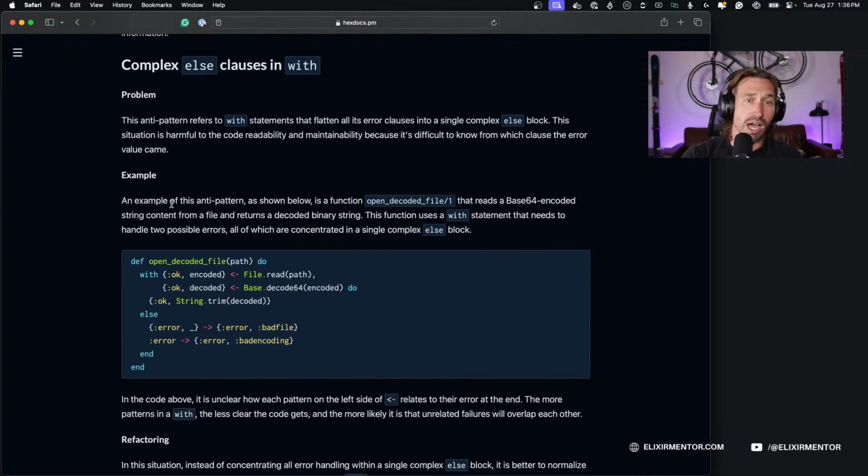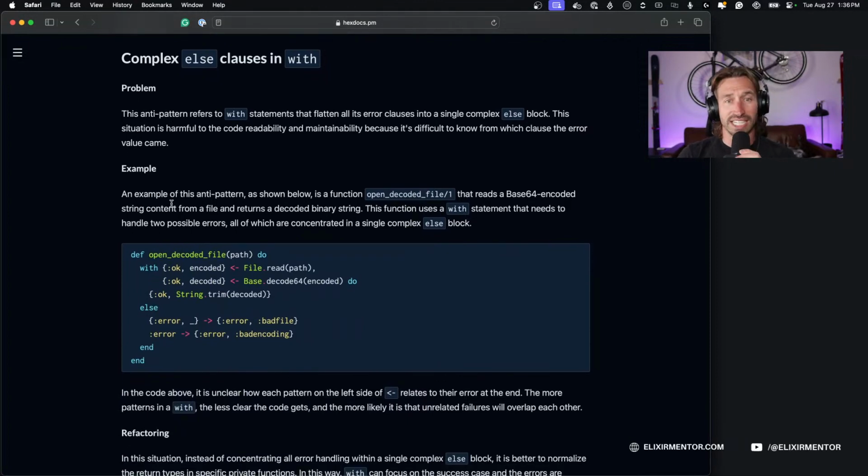All right, so complex else clauses in with. Okay, this will be a good one. Problem: this anti-pattern refers to with statements that flatten all its error clauses into a single complex else block. This situation is harmful to the code readability and maintainability because it's difficult to know from which clause the error value came. I'm glad this is in here, and I wish I would have read this a couple years ago